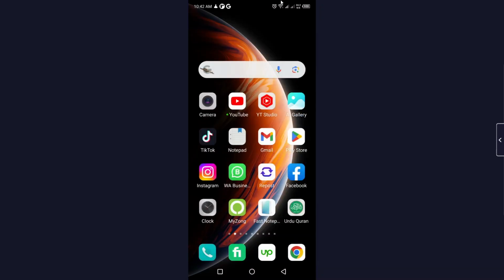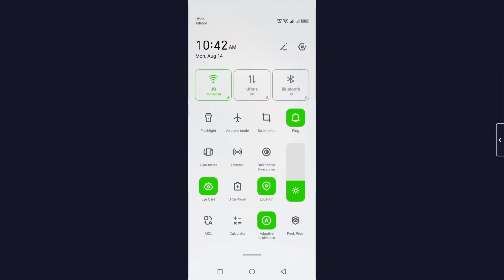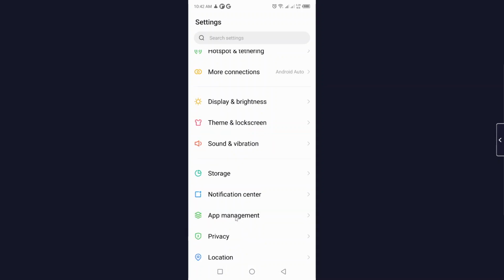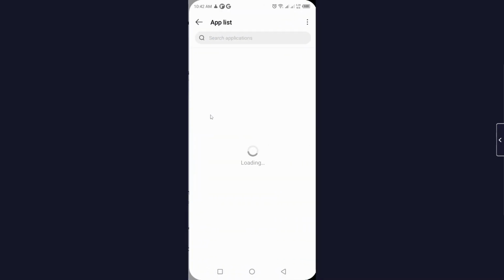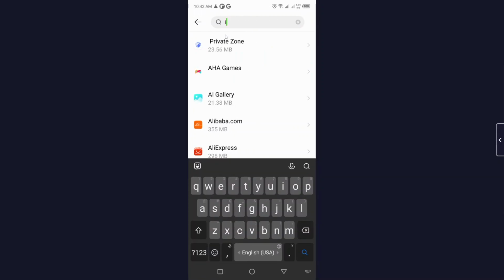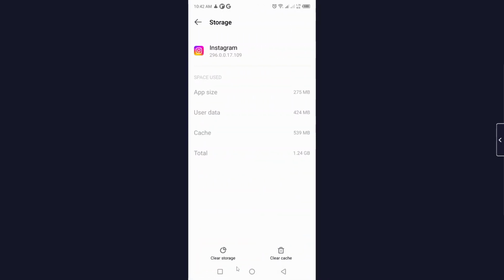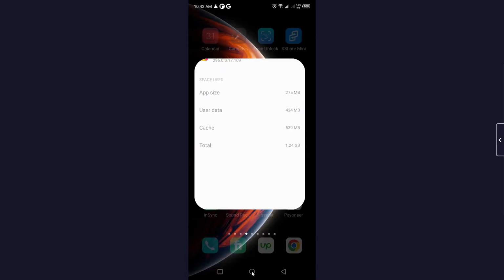So once you've done that, you simply need to go back and open your smartphone settings and go into the app management and click on app list, and here you need to search for the Instagram. Click on that and click on storage and cache. The first step, you need to clear cache, and after that you need to clear storage, and after that you